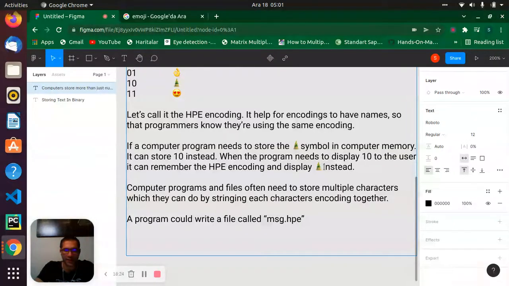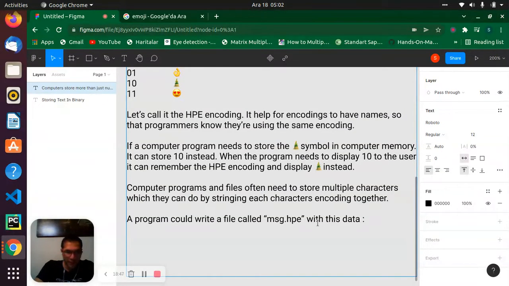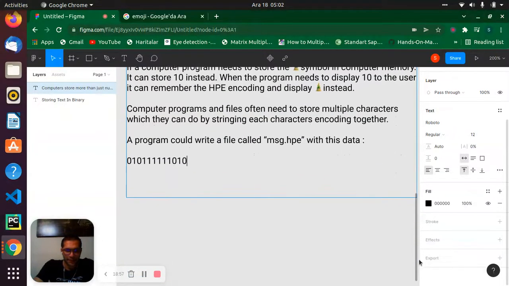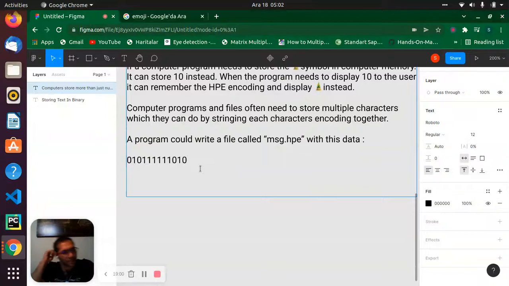We know how to represent them, and when other programs or other computers connect to our computer or our program, then they will see there this emoji. Okay, anyway, I will explain all with this data. Let's come down. I will show you. Yes, this one is 01, 01, 11, 11, and 1010. It will be like that, okay? The explaining will be like that.